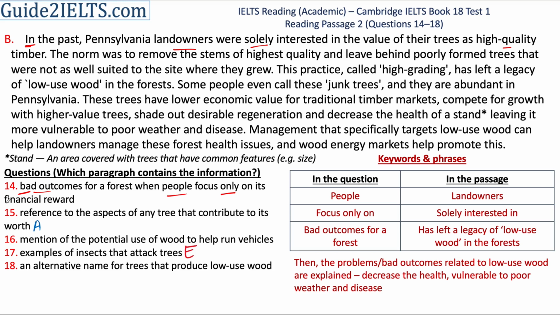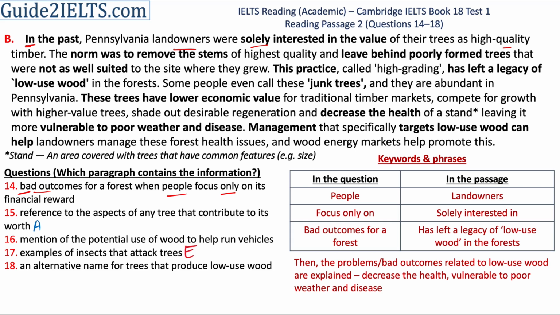Wherever the sentence starts making a little sense, I'll start skipping some information in between, looking for some mention of something negative that happens because of focusing solely on the high quality timber. The parts of the paragraph that I focus on as I quickly read through it are in bold on your screen. The first 3-4 sentences in this paragraph talk about the process where trees with high quality timber are preferred,